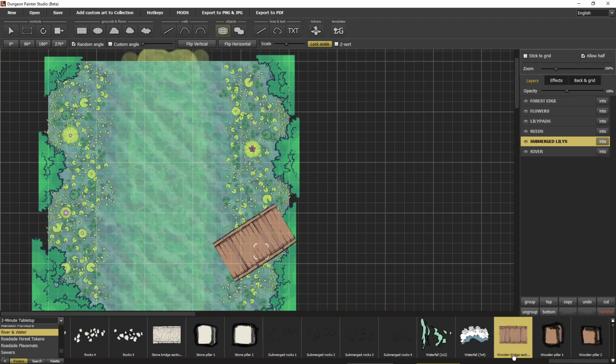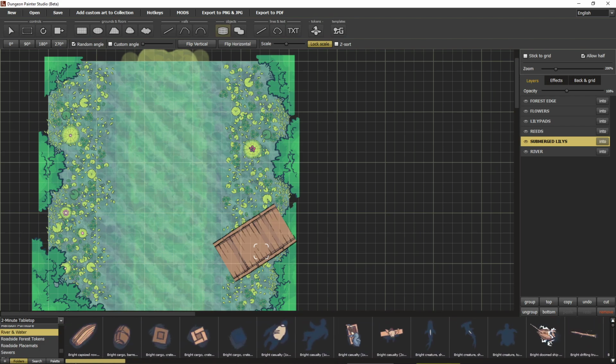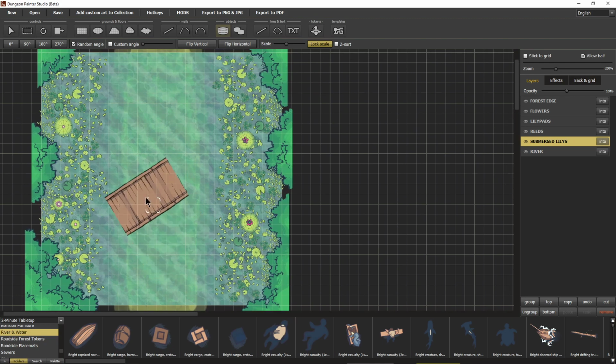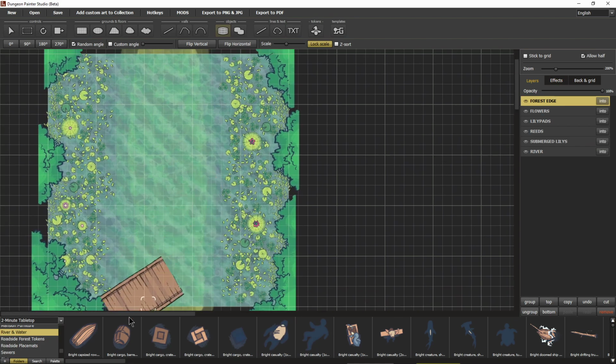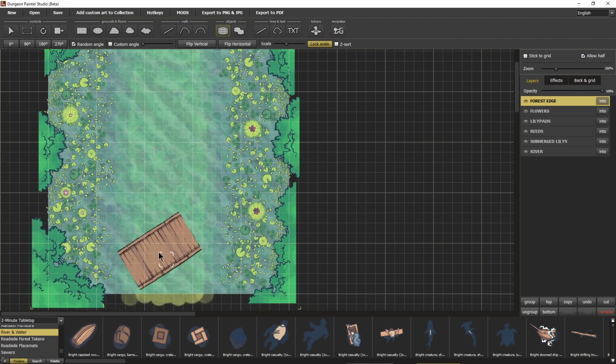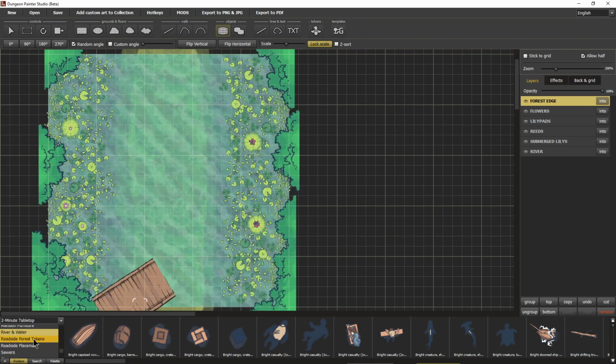For this particular map though, I think we're gonna do just a canoe, maybe, or maybe a barge. The way I'm gonna do this one, because I didn't like the way the tokens worked so much with the last one, I am gonna do an empty version like this. So if you're watching and you're like, oh, he's not gonna do it, no, I'm gonna do an empty version. But in the version where the boats are already on the map, I think I'm gonna do like a canoe